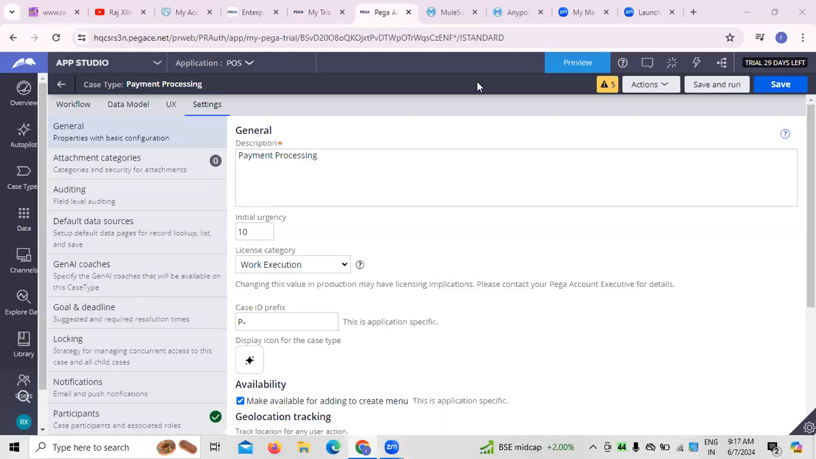Right. So, in the previous session, as far as the Pega BPM application itself is concerned, we discussed the workflows, followed by the data model, user experiences, all that. Today I'm going to explain the settings part, because when it comes to application development,